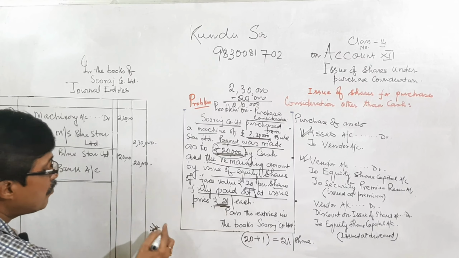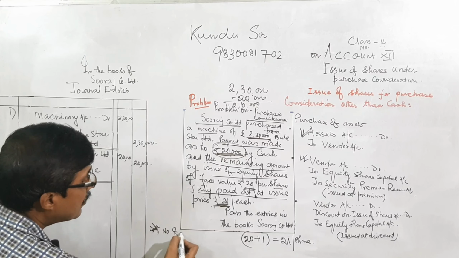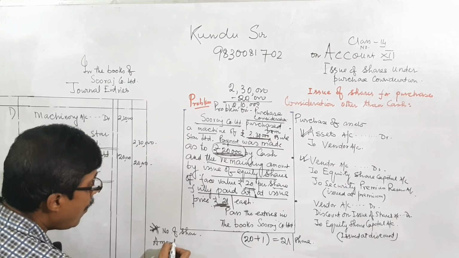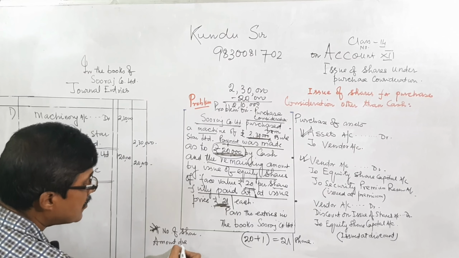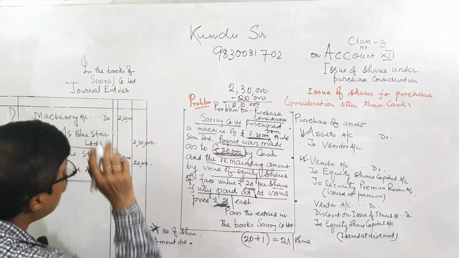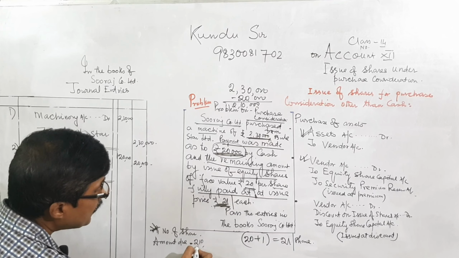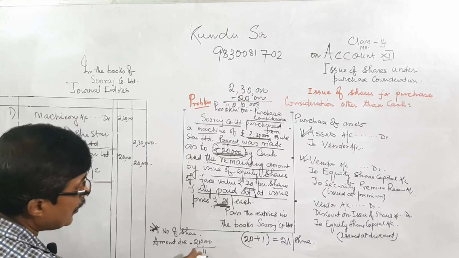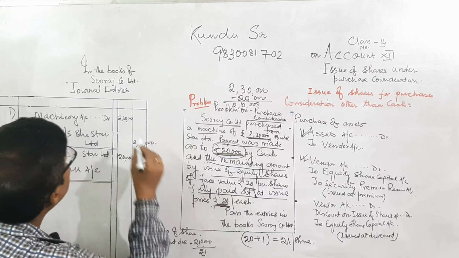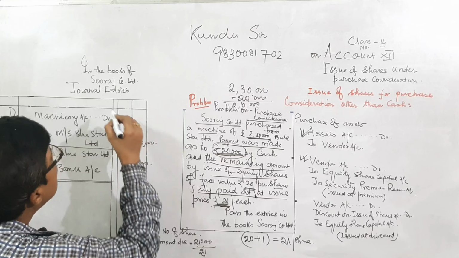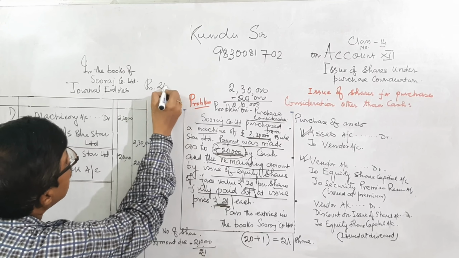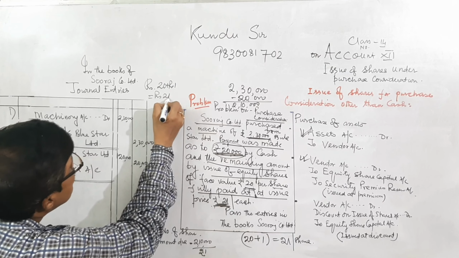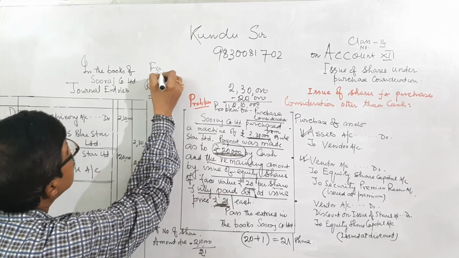Now we are calculating number of shares. Amount due as purchase consideration is equal to 2,10,000. 2,10,000 divided by 21. 20 plus 1, share price rupees 20 plus 1 rupee equal to rupees 21 per share, but face value